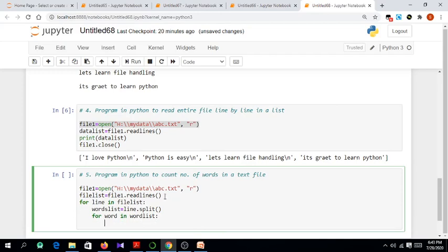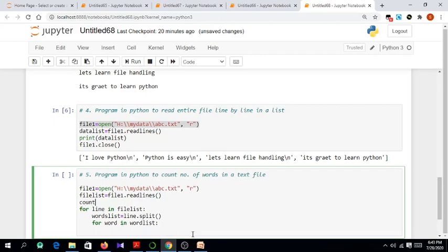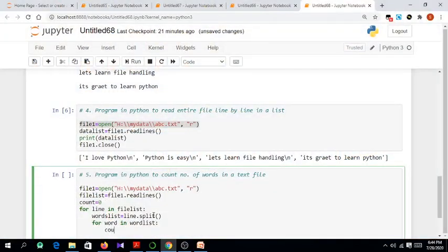I forgot to create one, so let us create it somewhere. Suppose count equals 0. Initially I have taken a variable as 0. So for every word in every word list, I am going to increase the count value: count equals count plus 1.